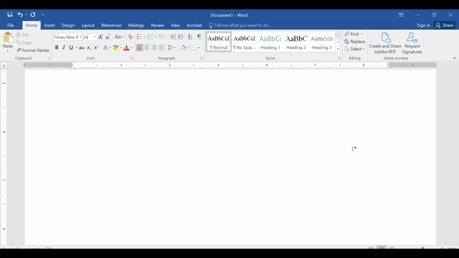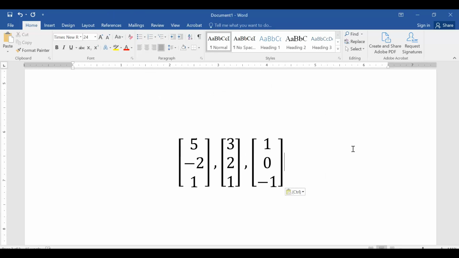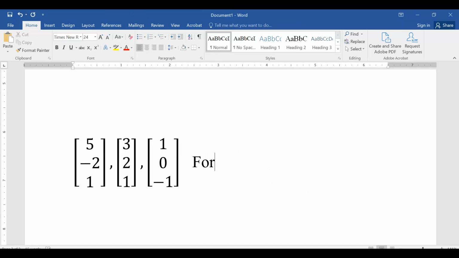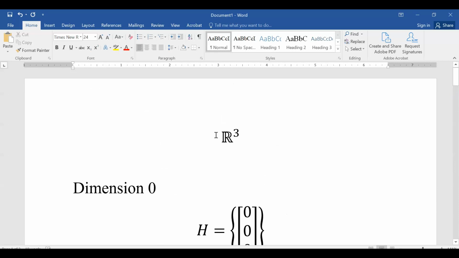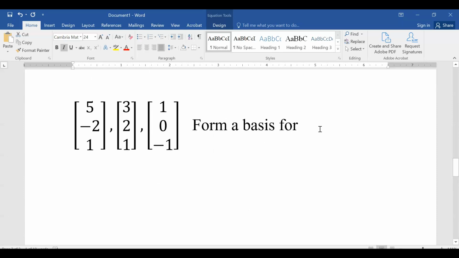So here's my idea. I'm claiming that those 3 vectors form a basis for R3. Go back up to the top. Just copy that. Now, the reason I know is that I can check linear independence. And if I check linear independence, what would I do? I would row reduce